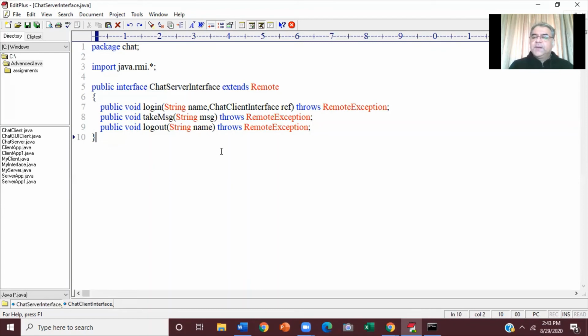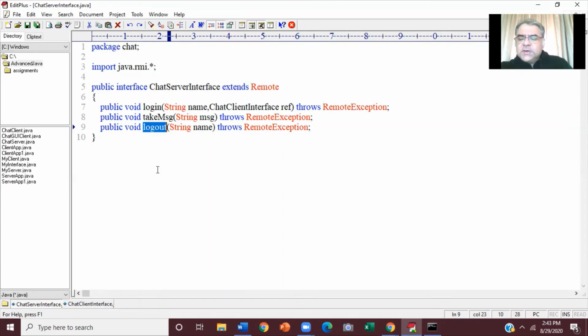I think we have discussed this interface, but now a few more things. From login, from take message, from logout, from all 3 of them, we are calling take message of all the clients.